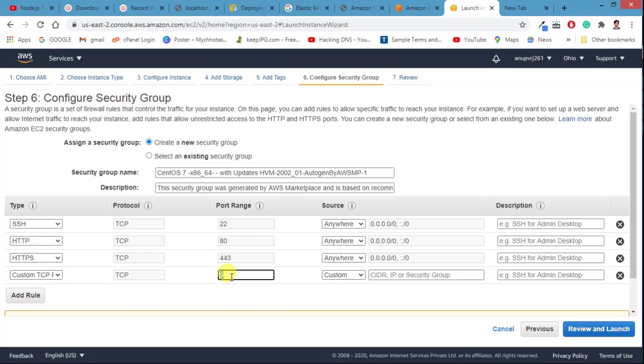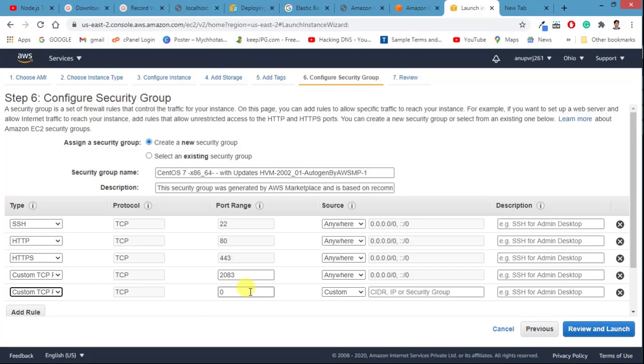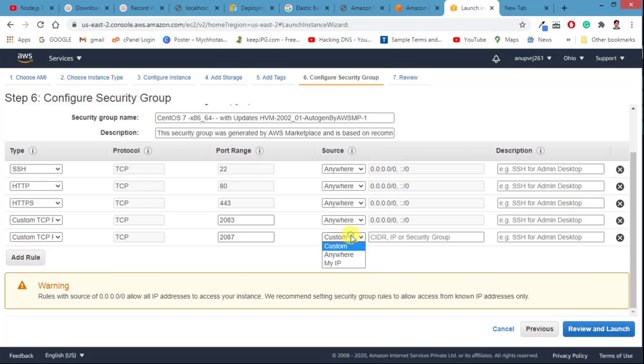For the one will be the WHM, another will be for the cPanel. So I'm going to set up for one is 2083, which is the default port for the cPanel. So we'll set up this and we'll make it anywhere, and again add another custom TCP, and this will go like 2087 for what we call the WHM. So we are done with this, so you can follow this, and I'm going to make it anywhere this also,